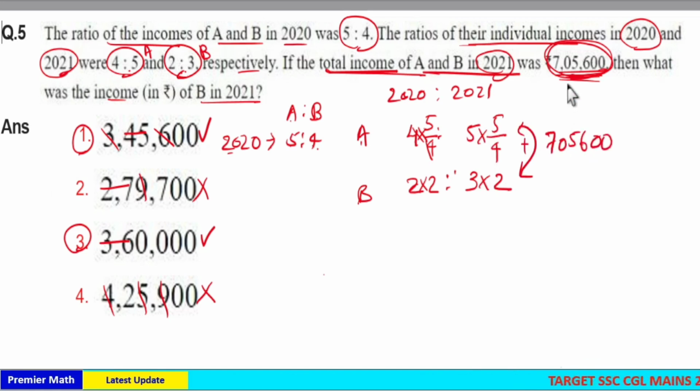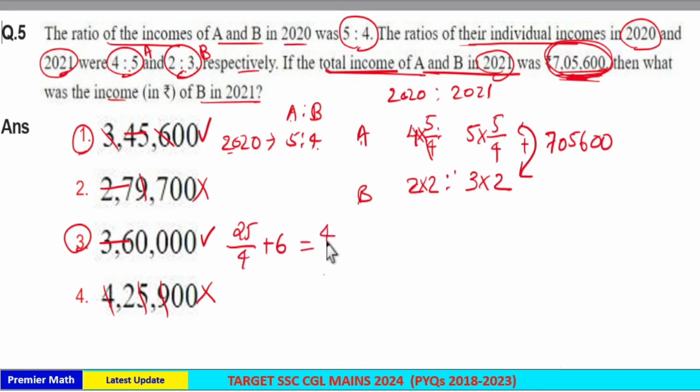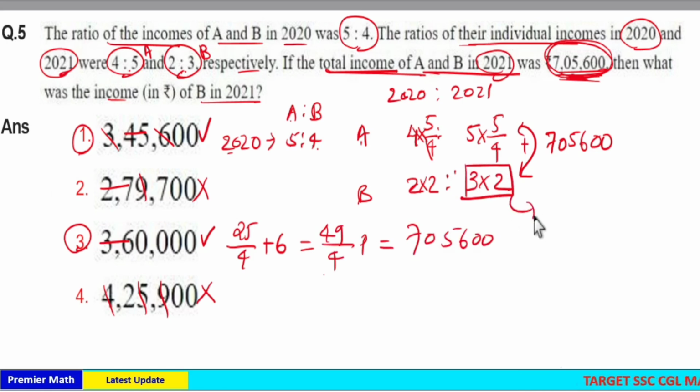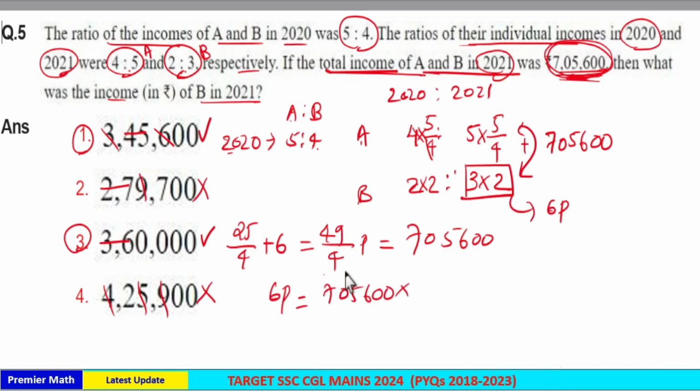7,56,000, which is given in the question. 25 by 4 plus 6 is equal to 25 plus 24, which is 49. 49 by 4 part is equal to 7,56,000. Then income of B in 2021 as 6 part is equal to 7,56,000 divided by 49 by 4. I will write it as 4 by 49